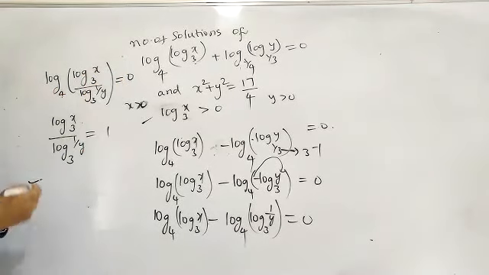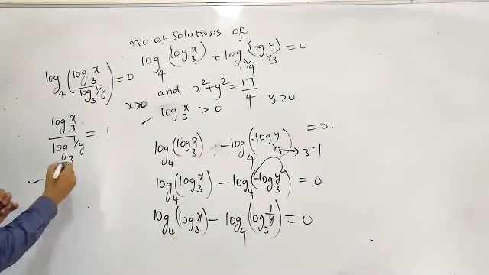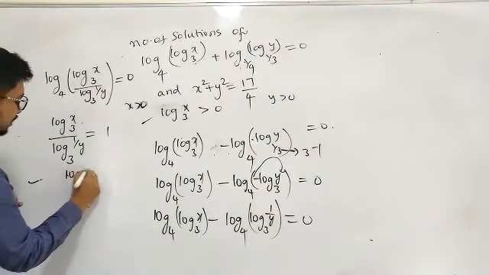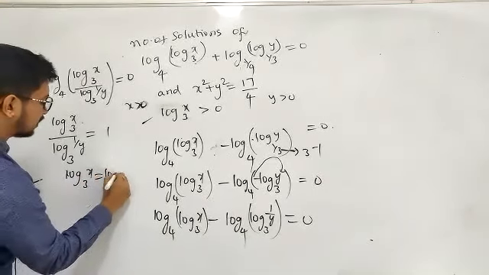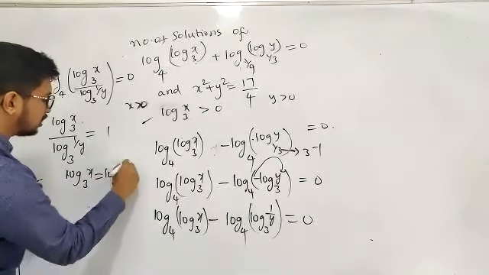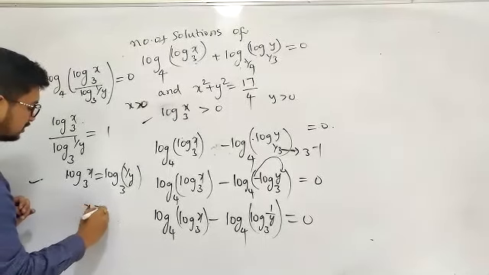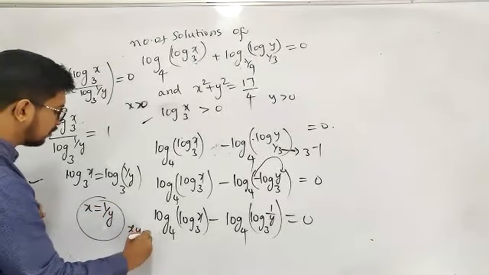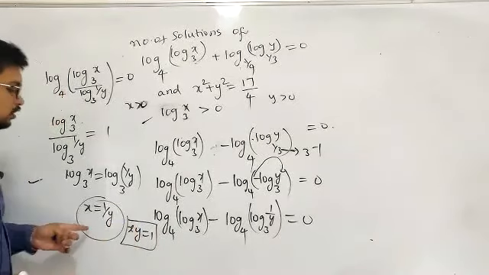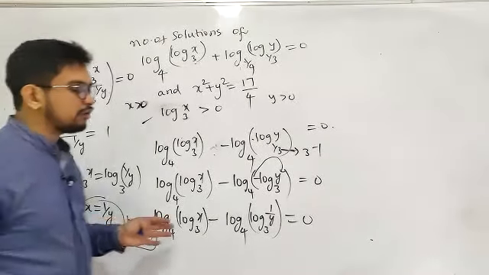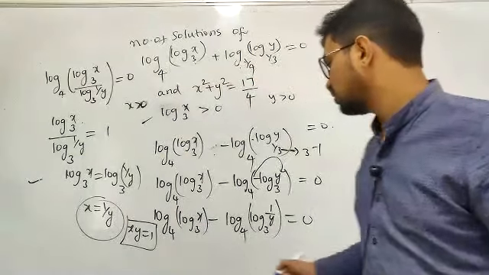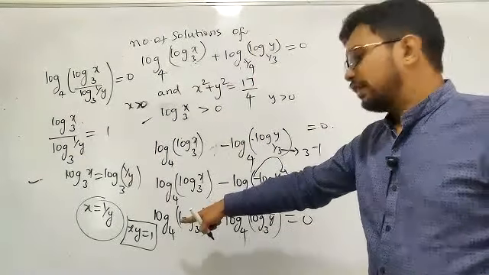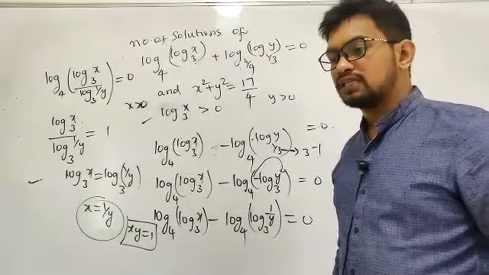4 power 0, convert this logarithm to the exponential form. So we'll be getting it as log x to the base 3. This value will be something like log of 1 by y to the base 3. So we'll be getting x is equal to 1 by y, or xy is equal to 1. Here, this is x is equal to 1 by y and xy is equal to 1. Right? Now let us talk about this graph of xy is equal to 1.